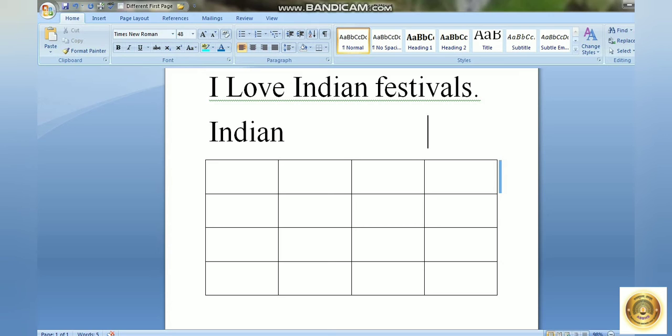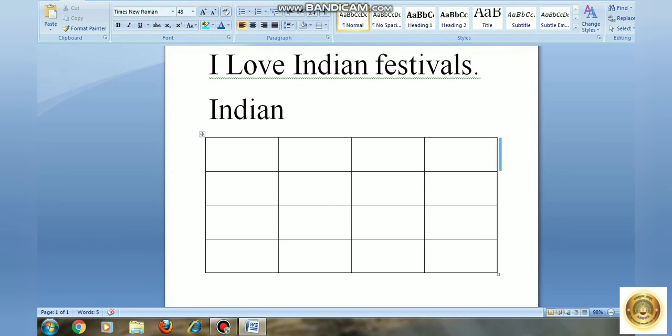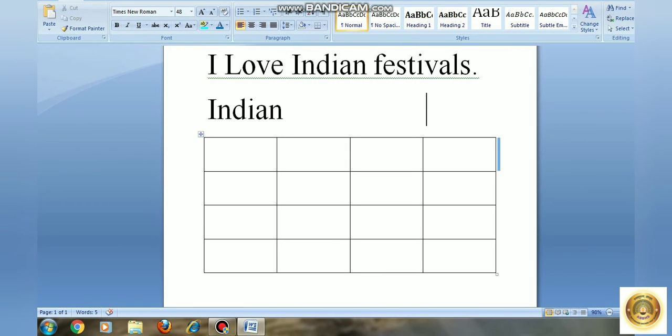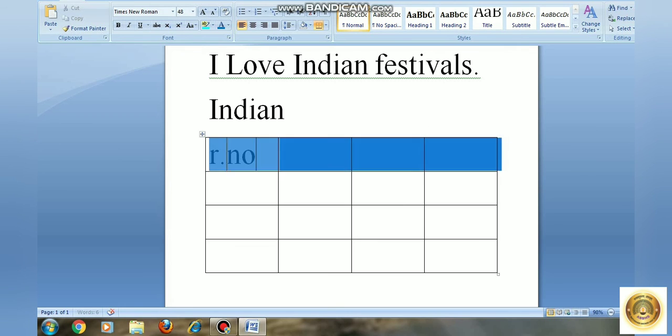Okay. If I want to type in the first box, then I will click there. Okay. But first of all, see 4 rows and columns are there. Okay. And you can change the size of that rows and column also by using that small boxes. Like how you zoom in and zoom out in the same way. Okay. Now I will type in the first box roll number.